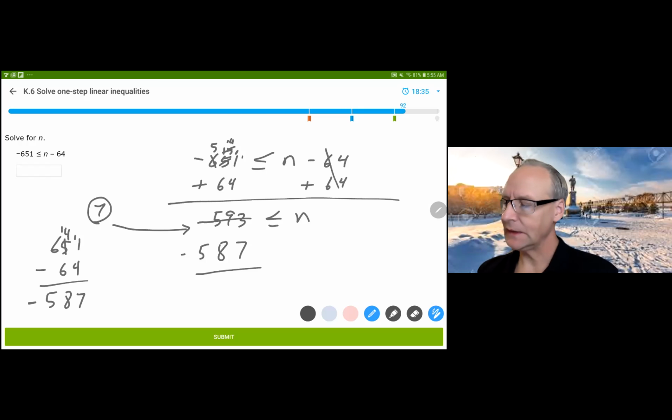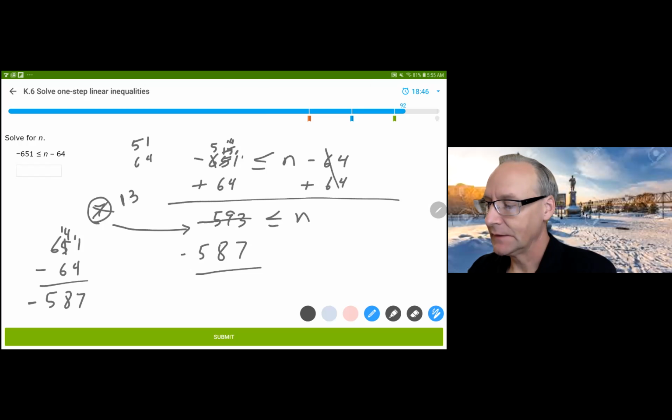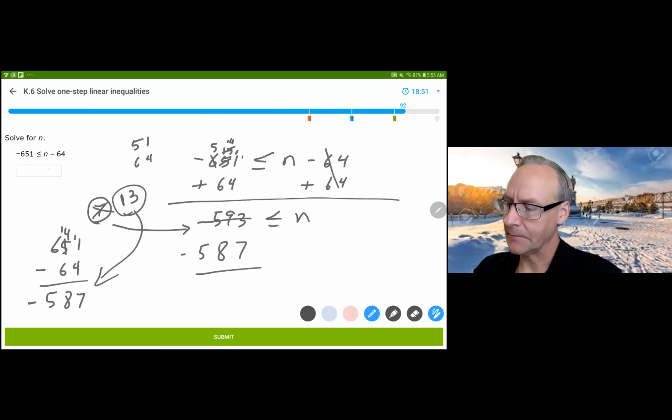Oh, 13. Oh my God. My brain is not working today. I apologize, folks. 51 and 64 have a difference of 13. The difference that I should have used is 13. Made a stupid error. Anyway,